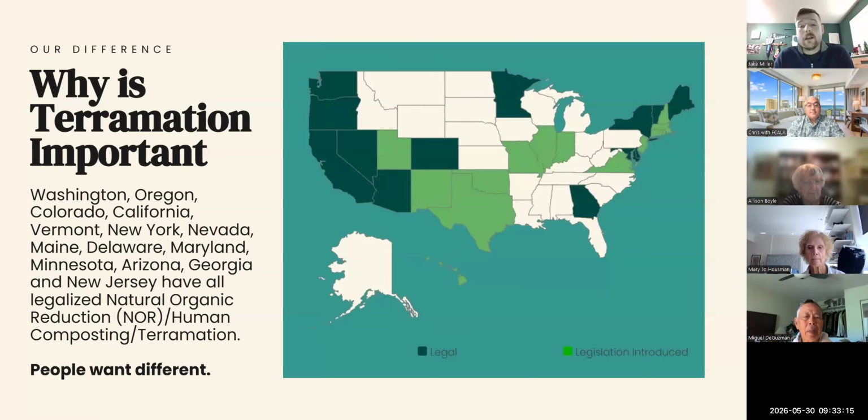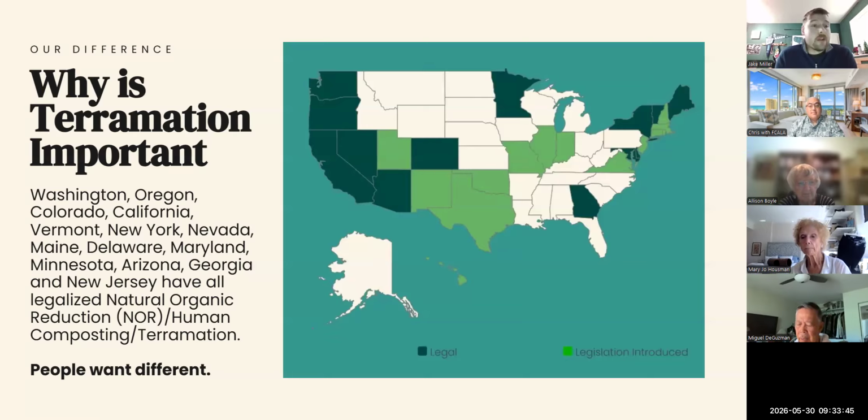Hence why we're serving families from across the country. The first families that we served at Return Home were farmers and ranchers that simply wanted, when they died, to go back to their land, and this was a very simple way to do that. We tend to be a very big hit with gardeners and folks that are environmentally considerate as well. For some folks, it's just the freedom of being able to go back to my land. So this is something that is widespread, and it makes sense for a lot of different folks from different backgrounds.